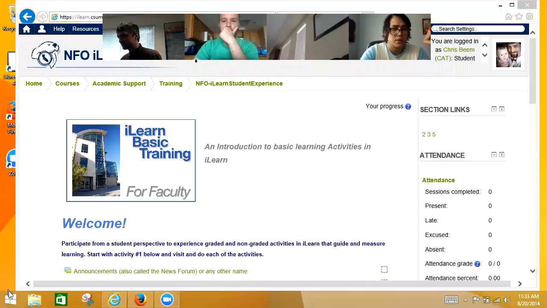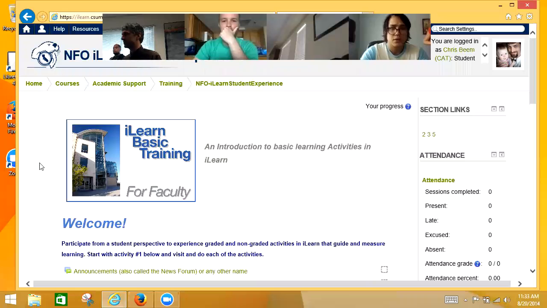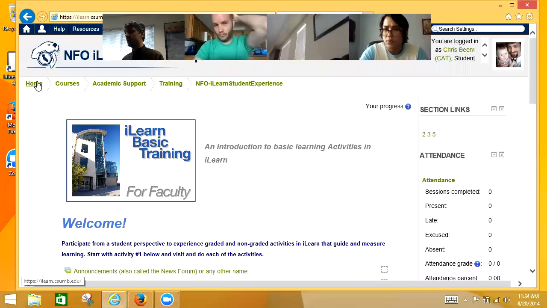All right. So this is what your interface looks like. This is a class in iLearn. When you first go to it, well, we'll go to the home page after, but you'll first log in to iLearn. You'll have an Otter ID and a password that you'll use to access all of your equipment, all of your services here on campus. The same Otter ID and password will work for logging into a computer. I guess you won't have to worry about your remote, but you log into what's called the